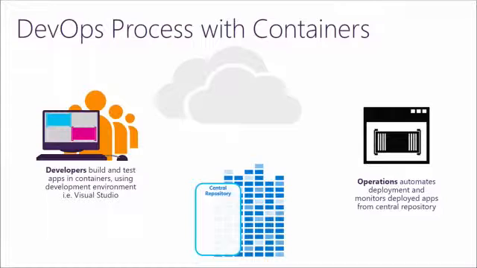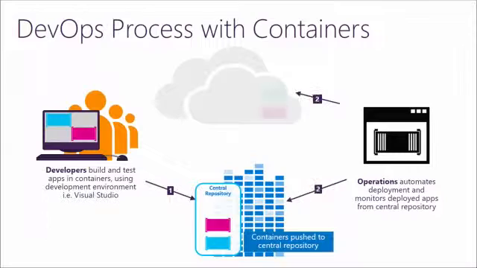So if you think about DevOps processes and that whole continuous integration and lifecycle and agile development, and how you link devs on the left and ops on the right, you've got your developers building and testing your applications like we just saw, and they're doing that in their development environments that they're used to, like Visual Studio, like Eclipse, like some of the other development environments they're using. They build and they push their container images to the central repository, and then operations automates the deployment, pushes them out to the relevant container hosts within the environment,